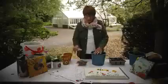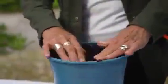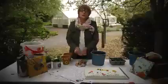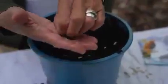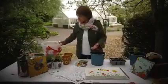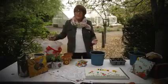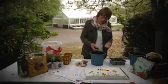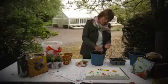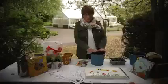So I'm going to show you, first of all, we'll sow a few sunflowers. Just go to the garden centre and get a few sunflowers. It's not too late to sow them. You can be sowing sunflowers up until nearly July. So get your seeds and pop them in and cover them with a piece of clay. I brought some moss peat, and I don't mind getting my hands dirty because I really feel that the earth is just a marvellous way for me. I love getting my hands dirty. So you just cover them with a piece of moss peat, and you water them, and then you leave them,